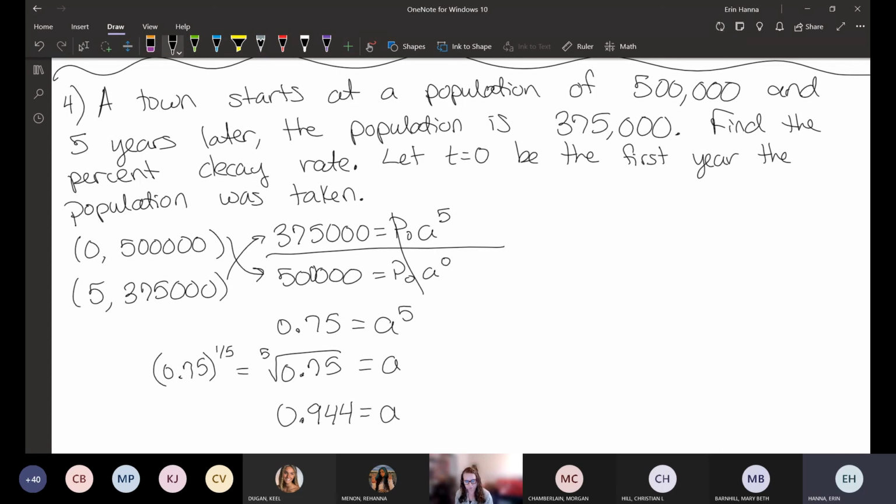Now, any questions concerned about how I got that? If for some reason we just wanted the equation, we'd essentially be done because we have P naught and we have a, so we could write P naught a to the t. But that's not what we were asked here. We were asked for the percent decay rate, so we want the r value. Remember, a is 1 plus r. So if I want r, I can subtract 1 from both sides to get a minus 1 equals r. So if I take this a value that I found and subtract 1 from it,